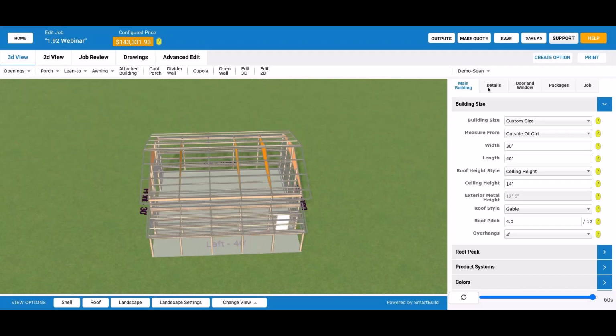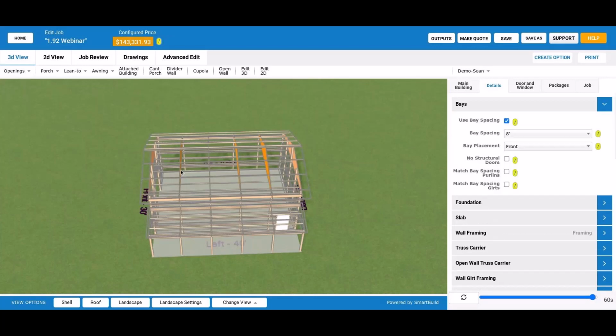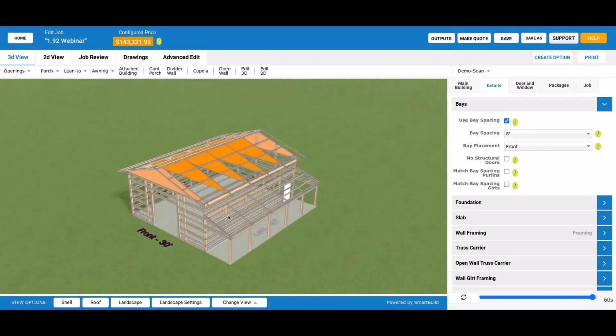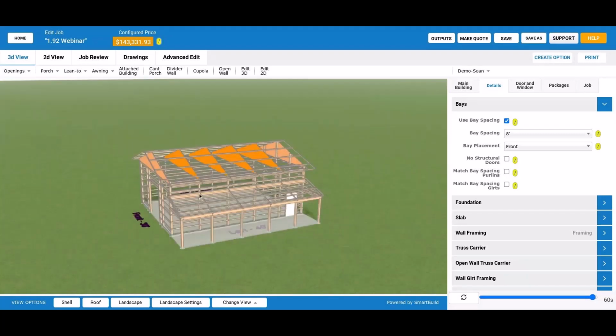Just in case, I'll quickly show it. If you use this bay spacing, it's going to dictate your spacing, as opposed to using post spacing, where you can control these posts. So it'll tie your roof framing members and your posts together. If we change this to 10, it's just going to shift that over. But we're having some issues with the outside of posts, like if you had a rafter porch